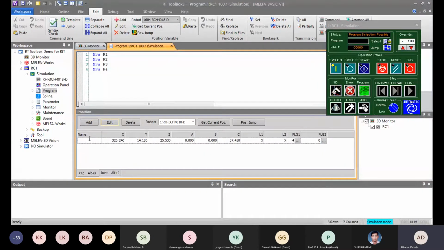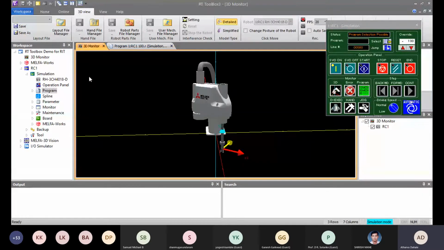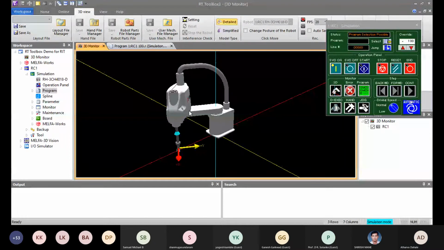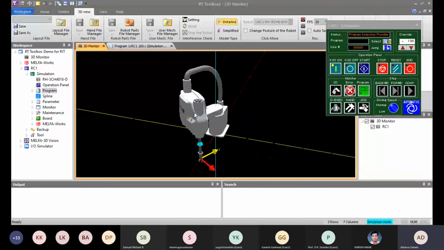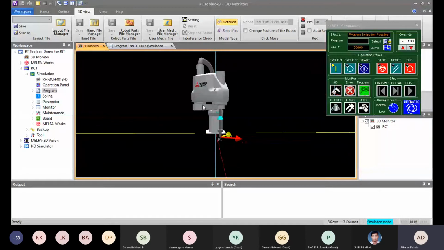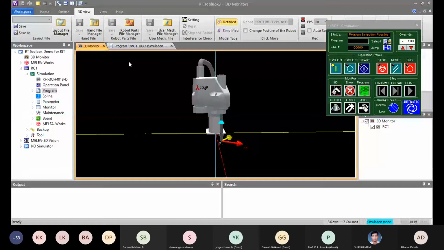Okay. So firstly, at this window, I'll have to add all the coordinates of P1, P2, P3, P4. So I'll write here P1. I'll see my 3D view. The point at which the robot is currently staying is P1. So this is the P1 position.